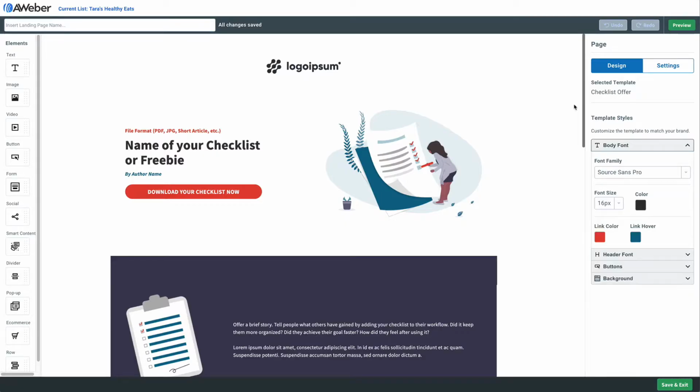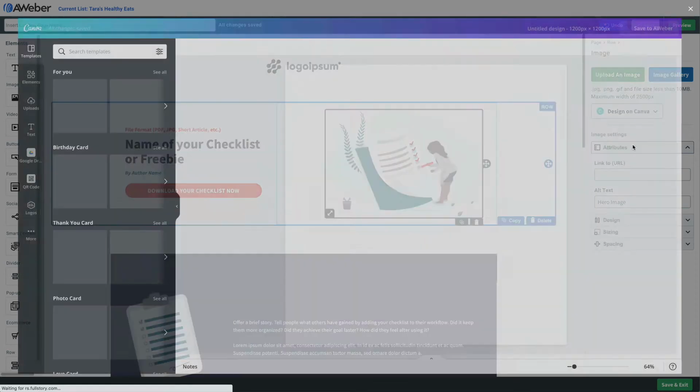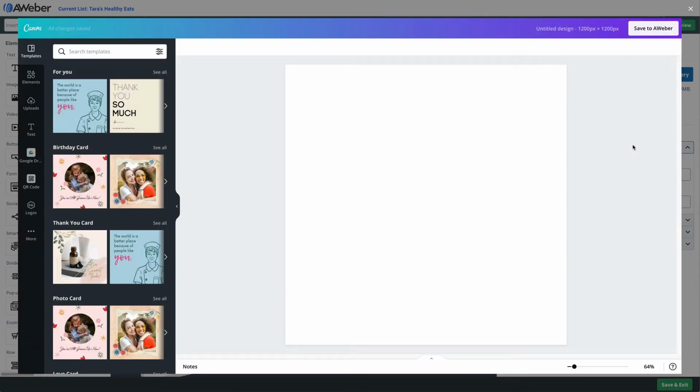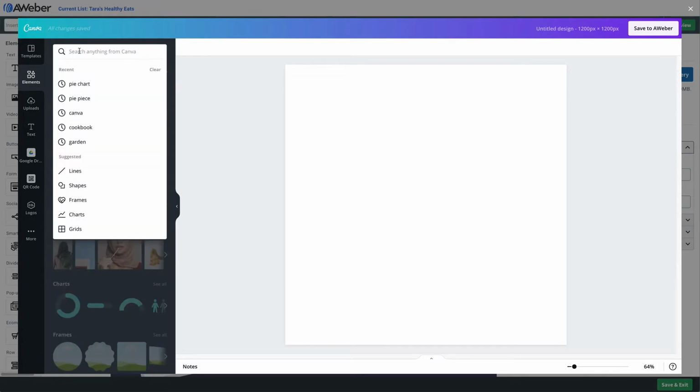With Canva and Aweber landing pages, you can add pie charts and bar graphs to your landing page in just a few clicks. You can use any landing page, either an existing image that's built into there or drag the image element, and then just use the Design in Canva drop-down menu. We're going to choose a square for this one. You can choose any size. But I want to direct your attention to the Elements tool in Canva, and we'll type in pie chart.